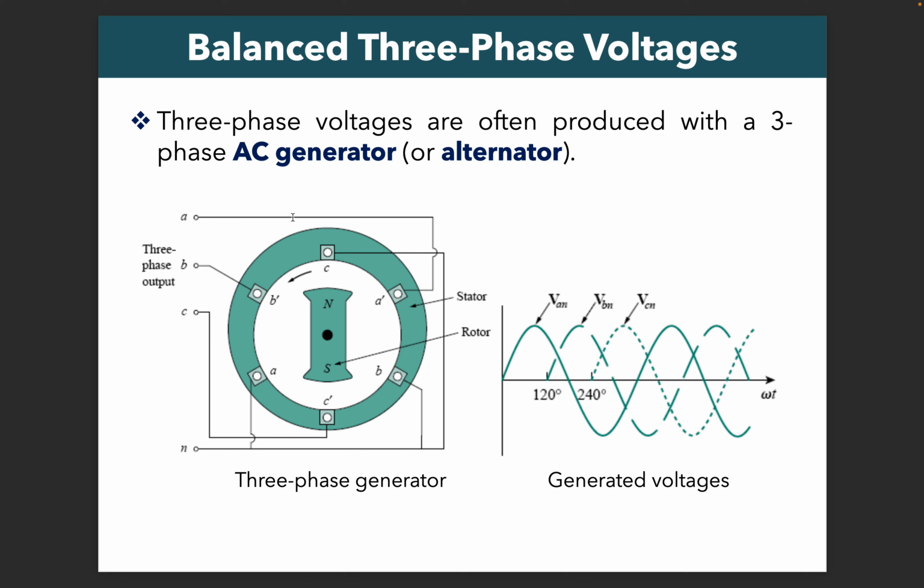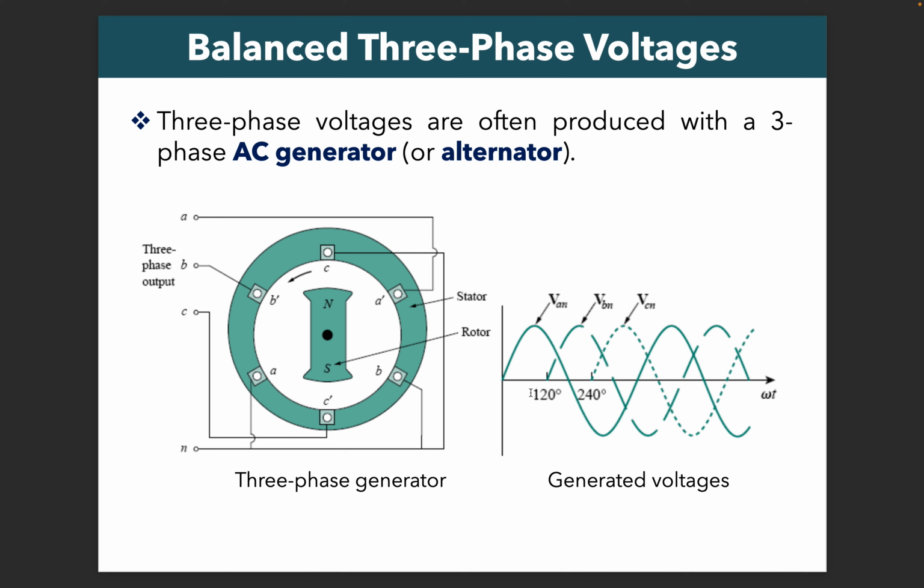So the AC generator acts as a generator of three-phase voltages with phase voltage A, phase voltage B, phase voltage C, and